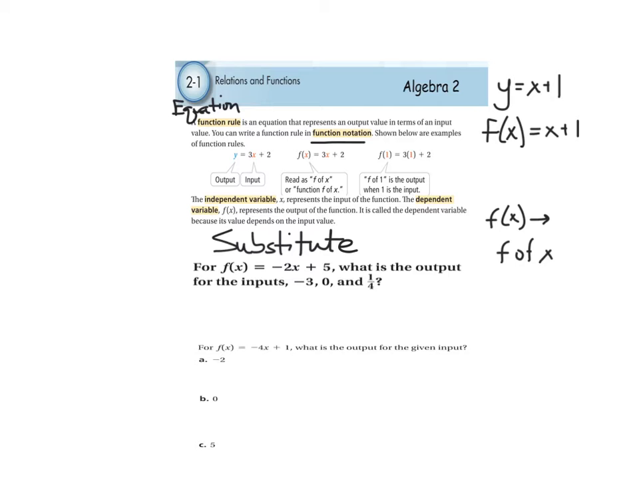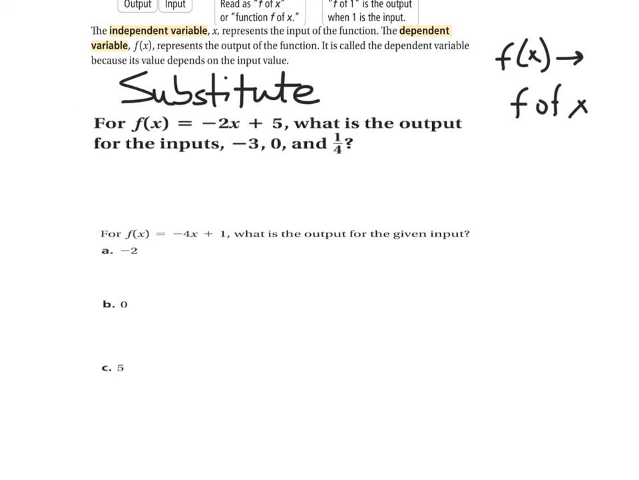Okay? All right, so now let's take a look at some of these examples. It says, for f of x equals negative 2x plus 5, what's the output for the inputs negative 3, 0, and 1/4? So what they're asking for is, they're asking you to find f of negative 3, they're asking you to find f of 0, and they're asking you to find f of 1/4. Okay, so now as I go through these examples, all we're going to do is substitute